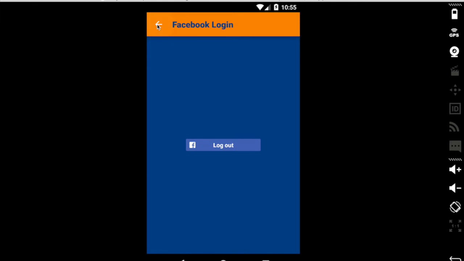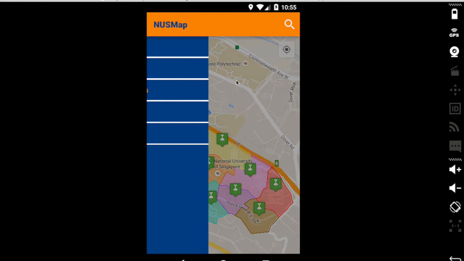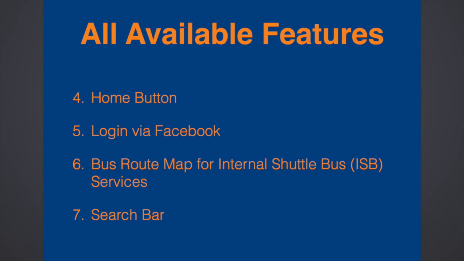The next feature we're looking at is actually over here. Go back to the home screen first. Yes, the next feature that we're going to look at is the bus route map for the IESB service, internal